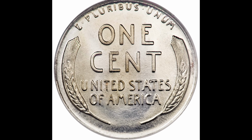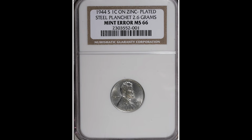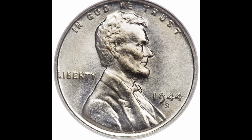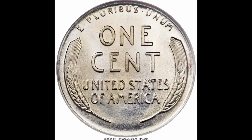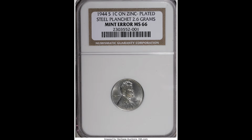If you have a 1944 penny, it should not look like this whatsoever. It should be bronze. Now, there are some bad people out there that will alter coins and plate them to make them appear to be zinc-coated steel planchets when in reality they're not. So if you're ever buying one of these coins, be very cautious because there are some shady people out there. And if you have one of these coins, make sure that you find someone trustworthy if you're planning on selling the coin,